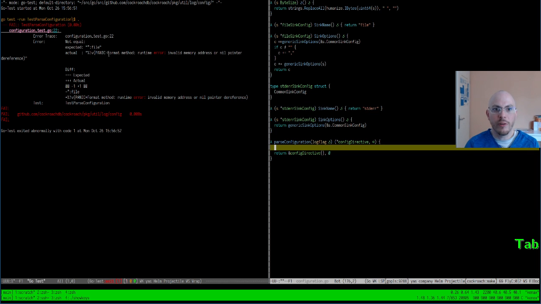So a single log flag has three parts with colons. The third part with the arguments might also contain colons. So we are only interested in the first two colons. To do that, we're going to split the string with a maximum of two colons. There is a function in Go for this.